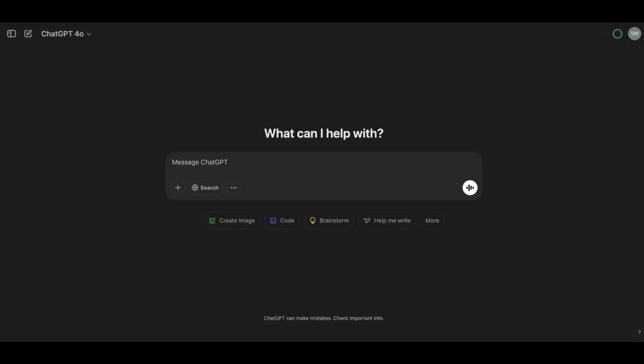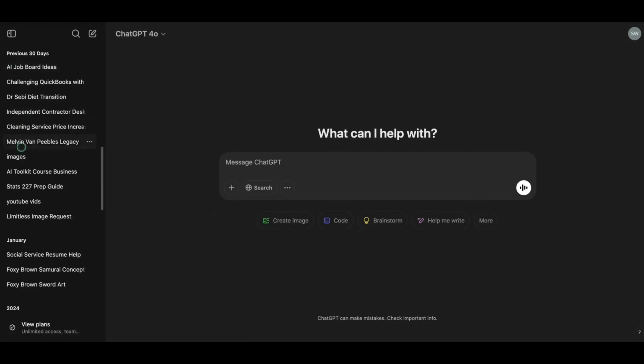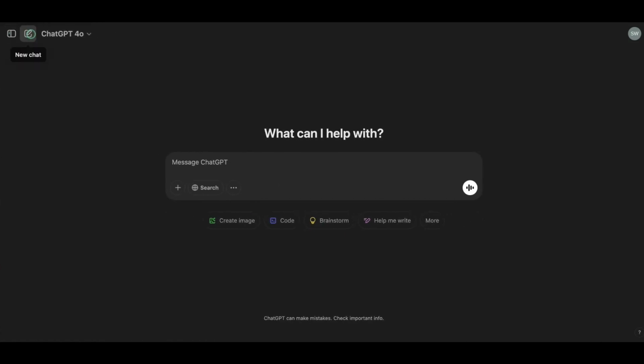Okay, over here, obviously, my initials. It gives you more information about chat. Over here, this opens up to show you all your previous chats. I'll close that. Right here, you can start a new chat. So the best way to work with chat is just to ask chat. Now, one thing that you can see is this area. It looks like a search bar, and in some ways it is, but you ask chat questions, okay?